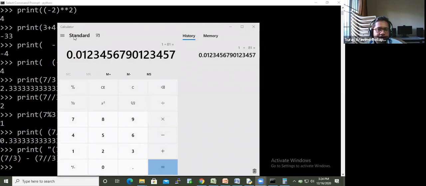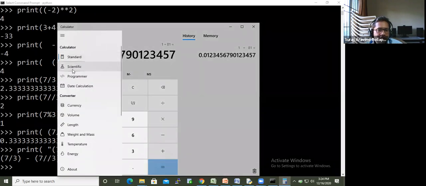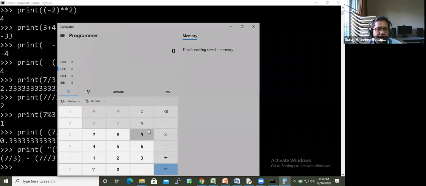So I need another kind of calculator. Programmer calculator. Okay, let me take 8 and try to convert that into binary. So it is showing 8 is represented as 1000. Long back we learned how to convert a decimal number into a binary number. We keep on dividing by 2 and we get it.